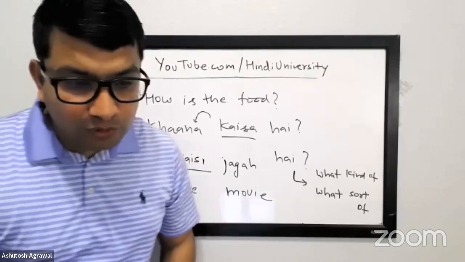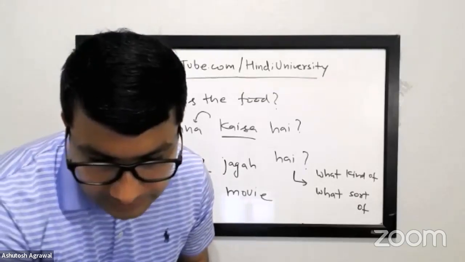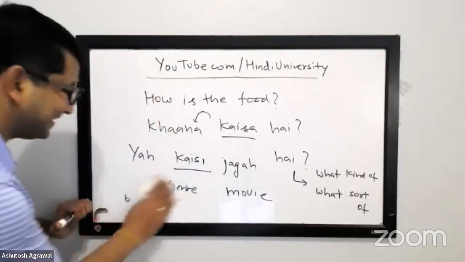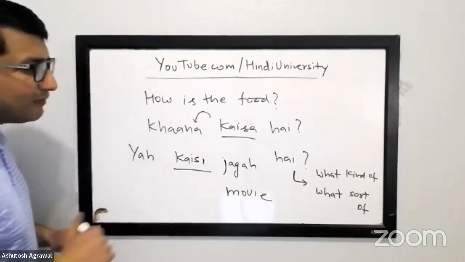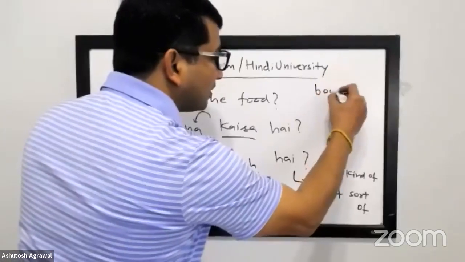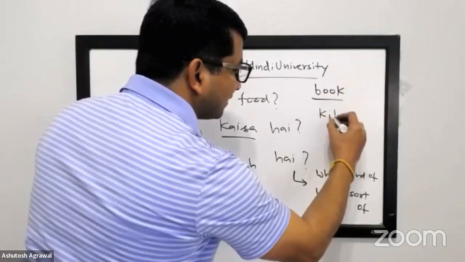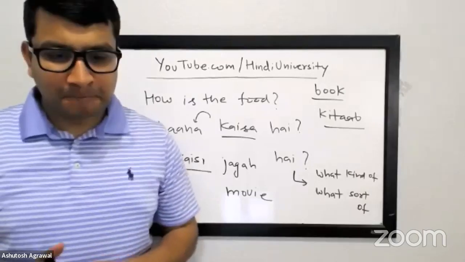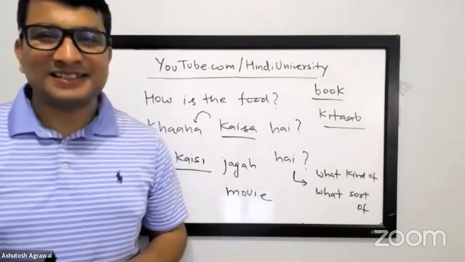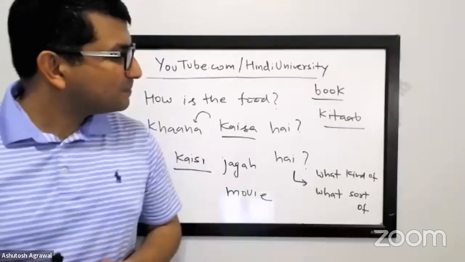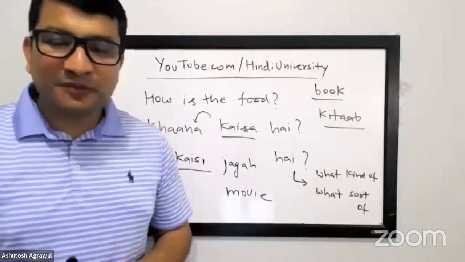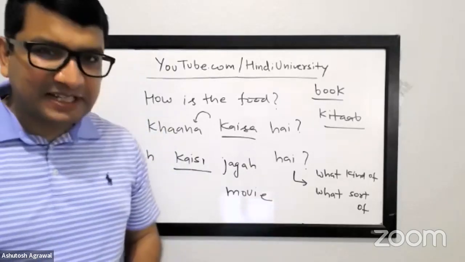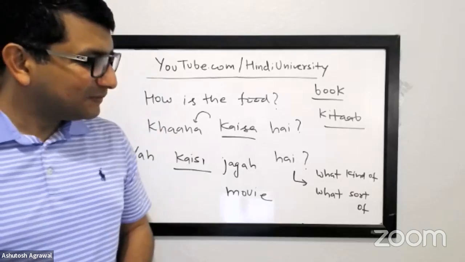Let's see. I want to get something who's not like, let's say, Anuji, how are you doing? Oh, good. Okay. Let's say you have the same task and you want to know about the book, Kitab. One is, how's the book, or what kind of book is this? So do the first one. What kind of book is it, or how is the book? Oh, ये कैसी किताब है? What does it mean? ये कैसी किताब है? What kind of book is this?